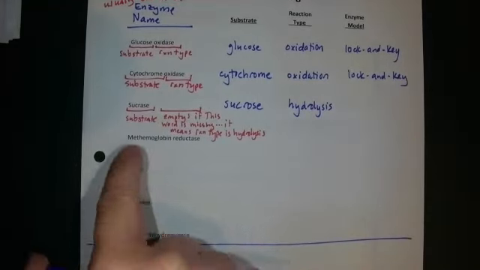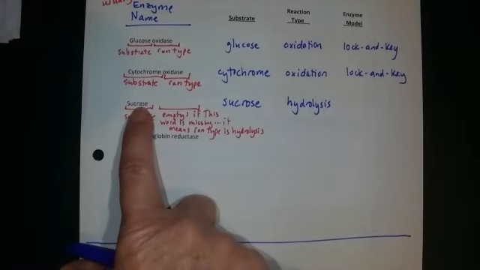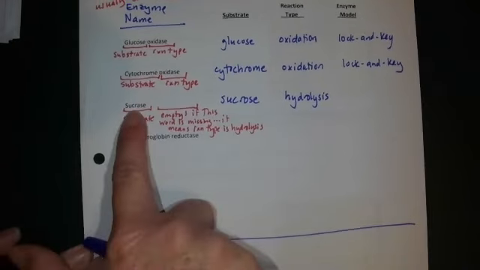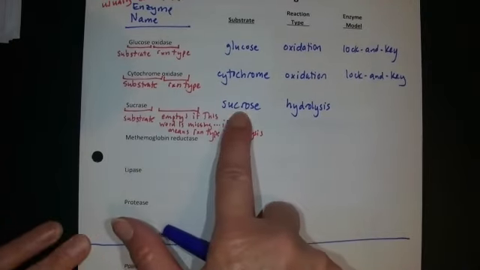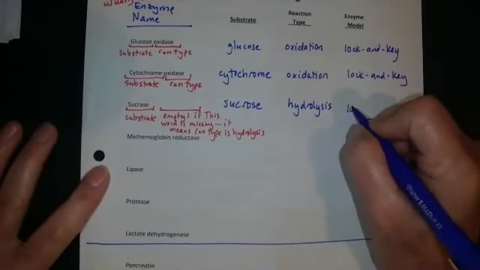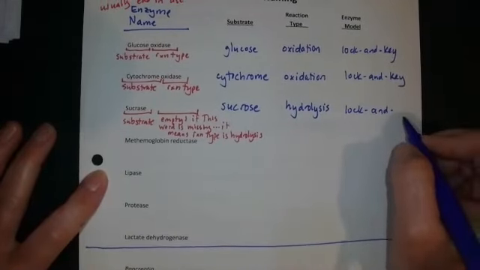So you just pause for a moment and say, wait a minute, is it actually that word itself, or is that word kind of a hint of what the word is? Sucrase is the enzyme, so what will actually be reacting? Sucrose. Sucrose is a specific molecule, so this again follows the lock and key enzyme, or the lock and key model.